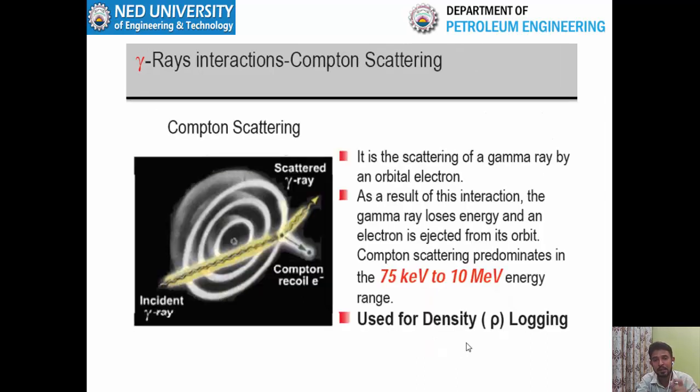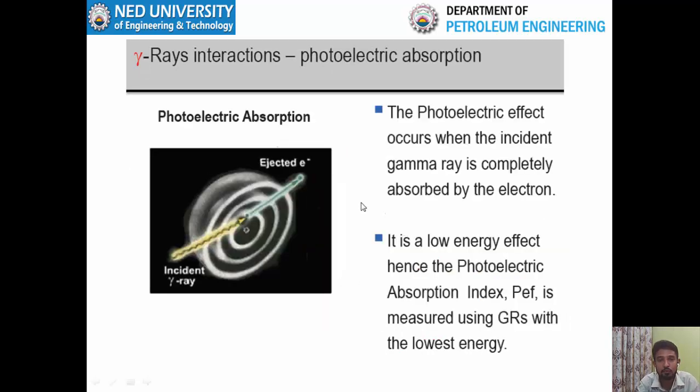By measuring the Compton scattering phenomena, the bulk density is reported, and by measuring the photoelectric absorption index of the atom, the photoelectric effect log is reported. So basically there are two logs, the density log and the photoelectric effect log. These two logs are based on the same gamma rays you have injected. The initial gamma rays will have Compton scattering, and ultimately those gamma rays will be absorbed by the atom. So by knowing the Compton scattering we predict the density, and by knowing the absorption we predict the PEF log.